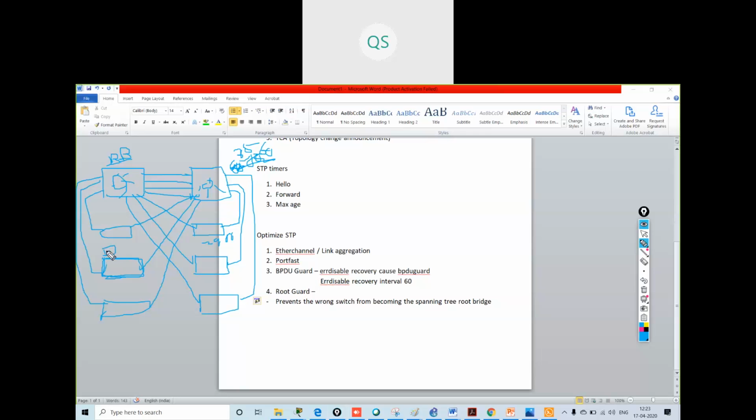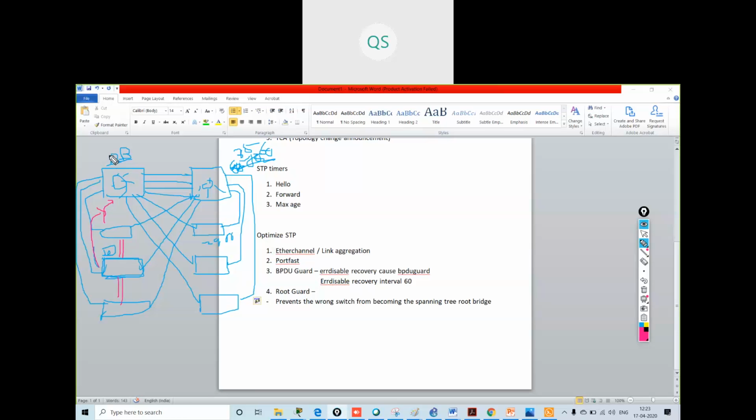Now what will happen? When it gets connected, it will run spanning tree. So it will send a BPDU message all over the network. This is also connected, this is also connected, so it will send over here and over here.